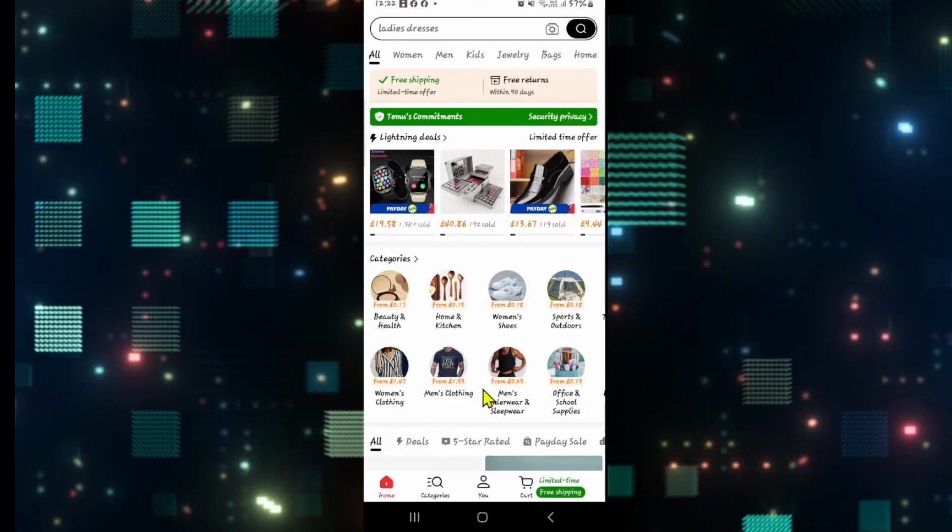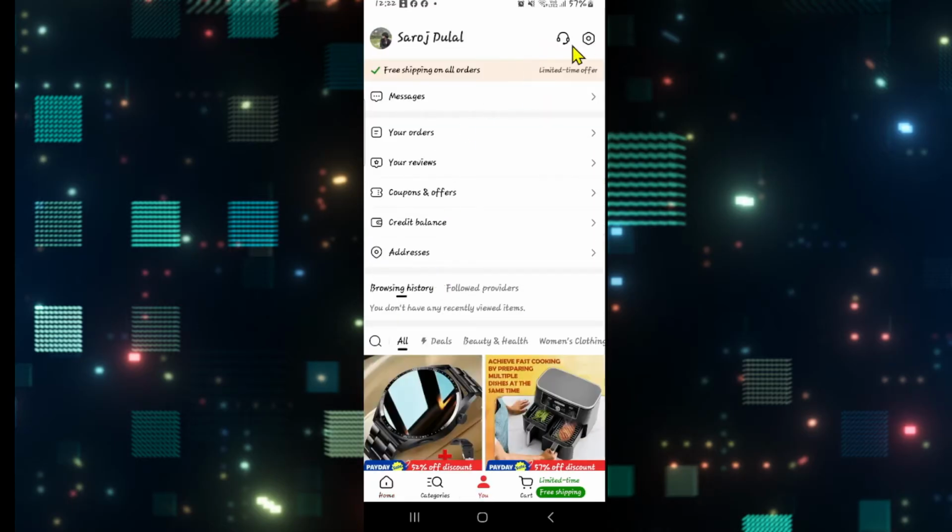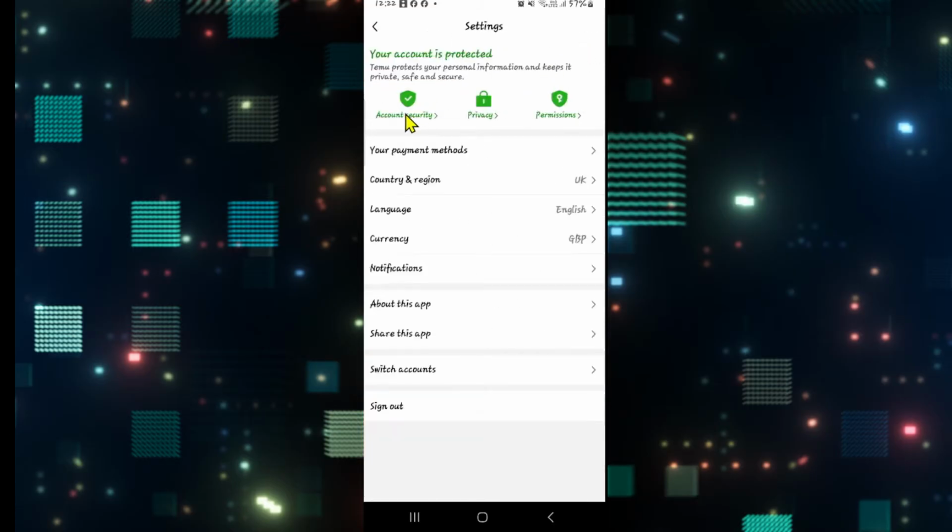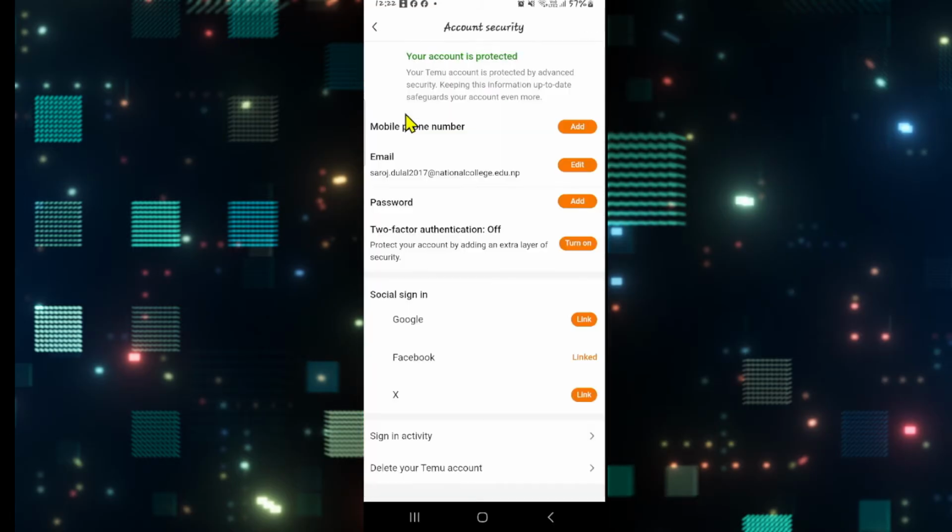If you wish to change your password, tap on the U icon at the bottom, which will take you into your account page. From this page, tap on the settings icon at the top right corner and then tap on account security. This will then take you into your account security page, from which you will be able to add